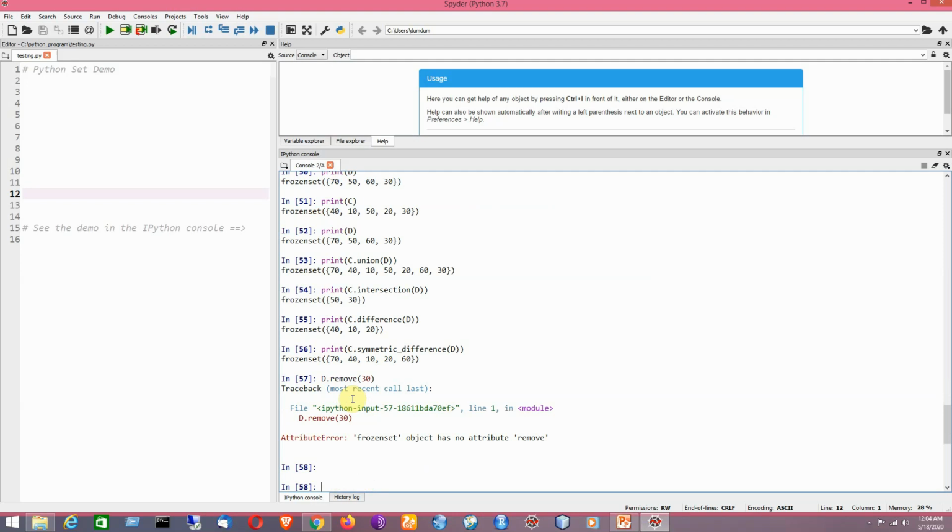It is not permitted because addition and removal operations are not allowed for a frozen set. So frozen set is considered to be an example of immutable set, and we cannot apply addition or removal operation on it.